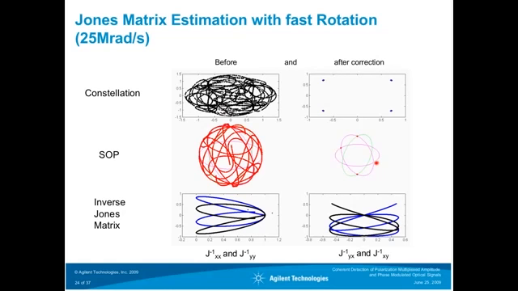Down here we have shown the 4 channel matrix elements. It's a complex number, therefore we have the in-phase and the quadrature, or the real and imaginary part of the channel matrix elements. And you can see that this channel matrix element is moving around versus time. And we have 4 of those, therefore we have 2 elements up here on the left side, and 2 elements on the right side.